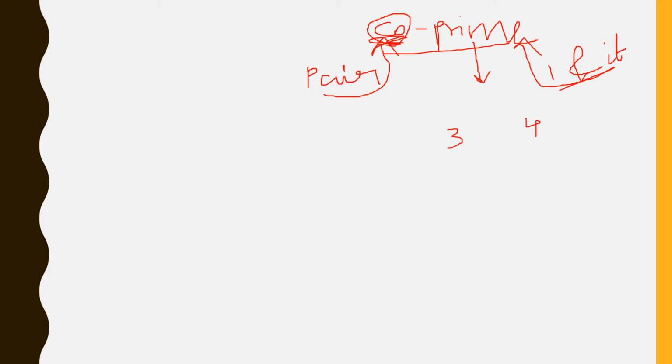Here you can see 4 is not a prime number, even though these two are coprime numbers. How? 3 has the factors 1 and 3, and 4 has the factors 1, 2 and 4. So when you are talking about coprime numbers, you should have only one as a common factor between these numbers. For this pair, 3 and 4, we have only one as a common factor. If one is the only common factor, then such numbers are called coprime numbers.